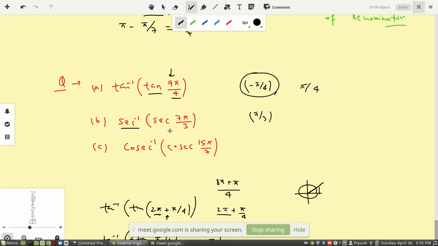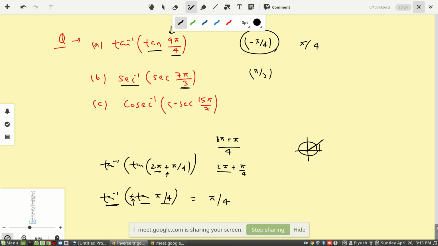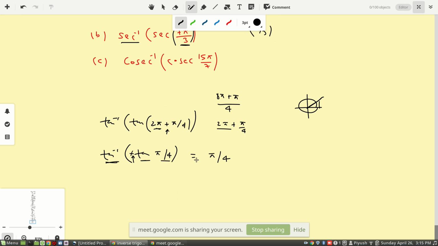Now coming to the next question, first of all we have to work again, because normally, the moment you get a question of this kind, you will not get a question where things directly cancel each other. You have to work on this. So 7 pi by 3, you have to convert to the nearest multiple of pi. So 7 pi can be written as 6 pi plus pi, so sec inverse of sec of this can be written as 6 pi plus pi divided by 3.